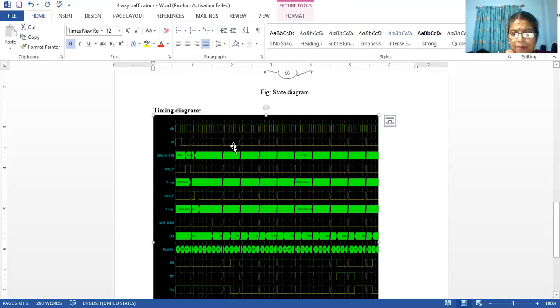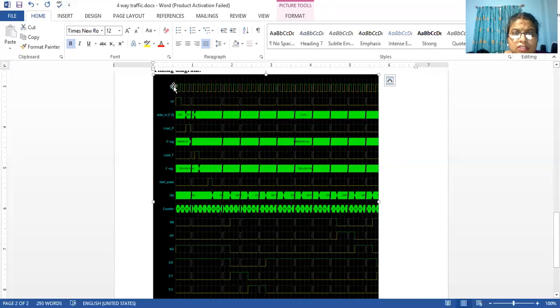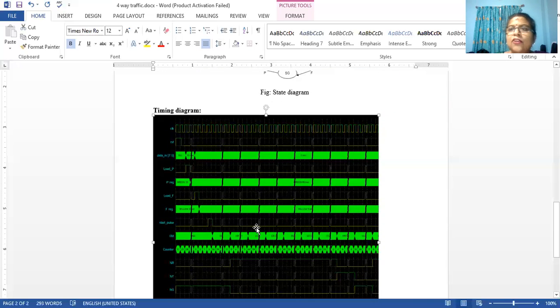I hope you can see the timing diagram here. If you see, the clock is toggling. I cannot enlarge this a lot, but if I can zoom it, it would be nice. The clock is toggling, for example 010101. As long as your simulation is running, the clock toggles. What is the use of this timing diagram? When you do your design in Verilog and simulate the design, this is how your output should look in your waveform.